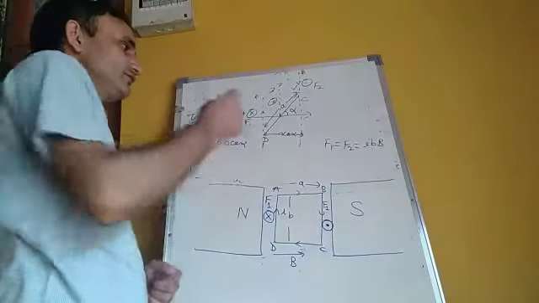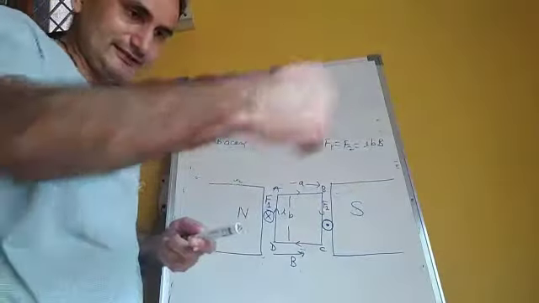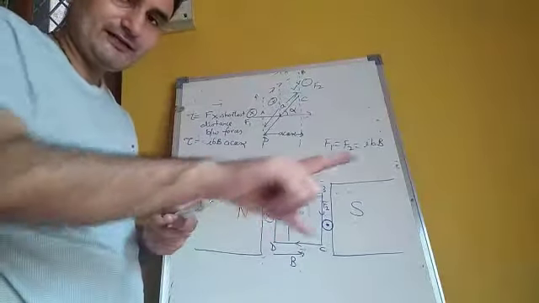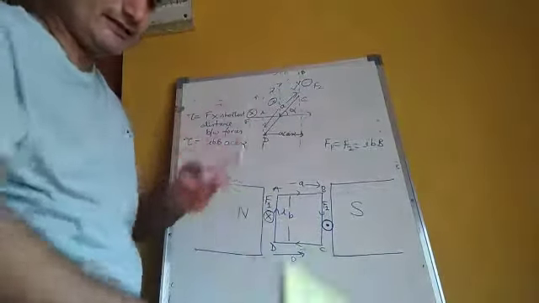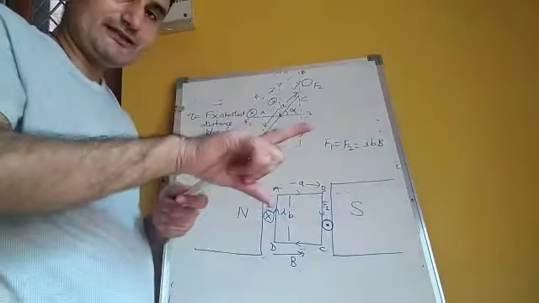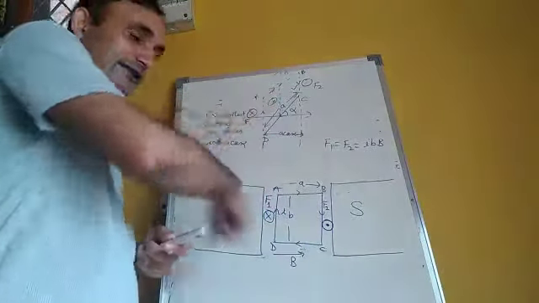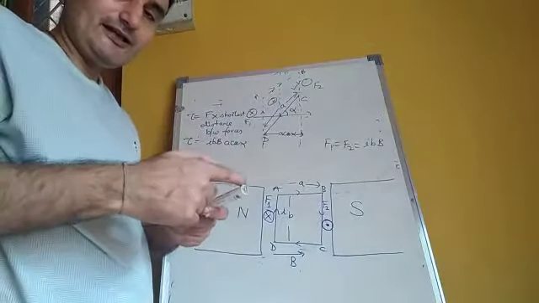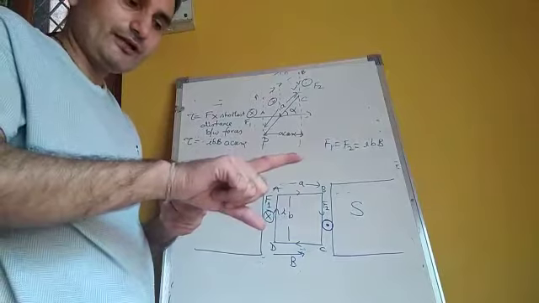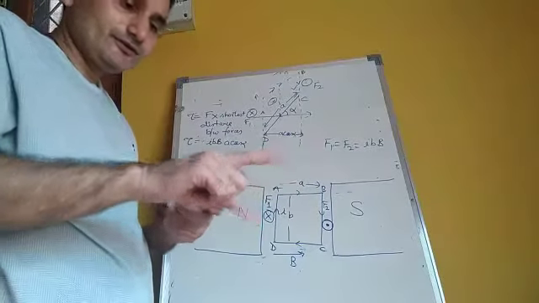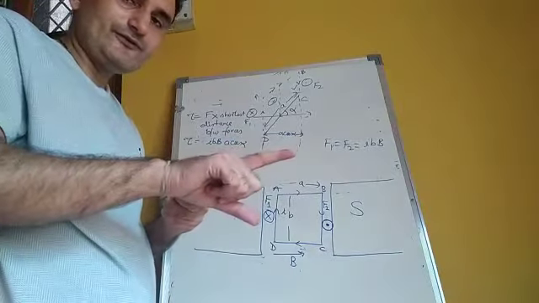Now suppose our normal is in this direction and this is our magnetic field. So if I take this situation, normal is in this direction and the magnetic field is like this. Whenever we are dealing with this situation, we take the angle between the normal and the magnetic field. So, clear, this is the normal and this is the magnetic field.